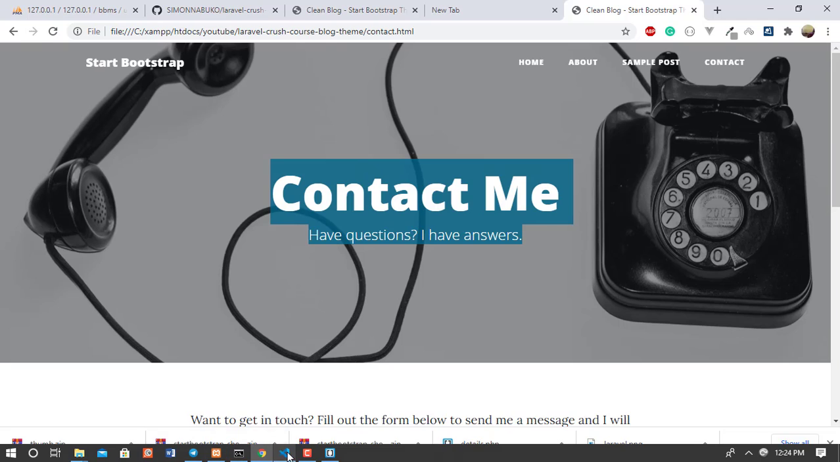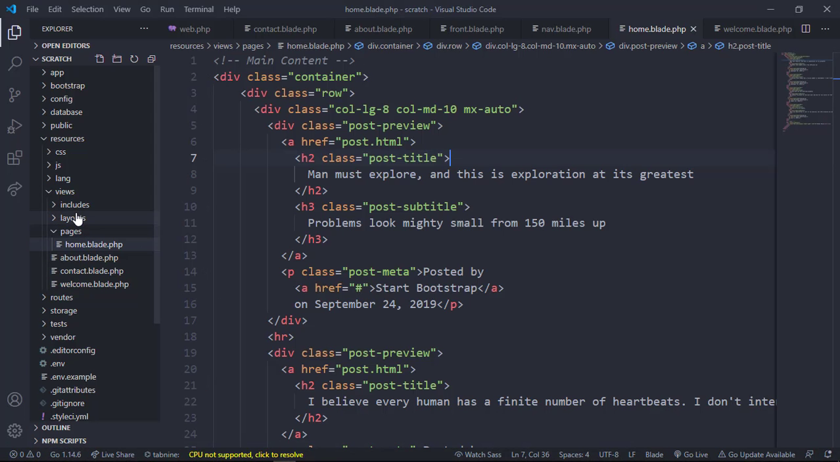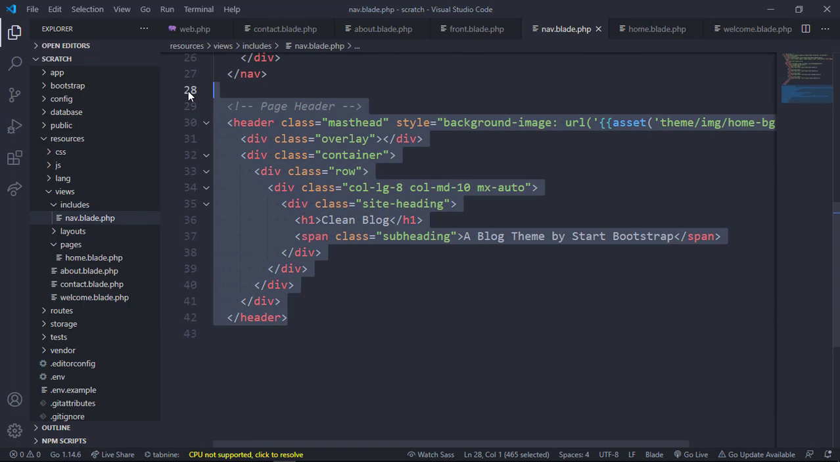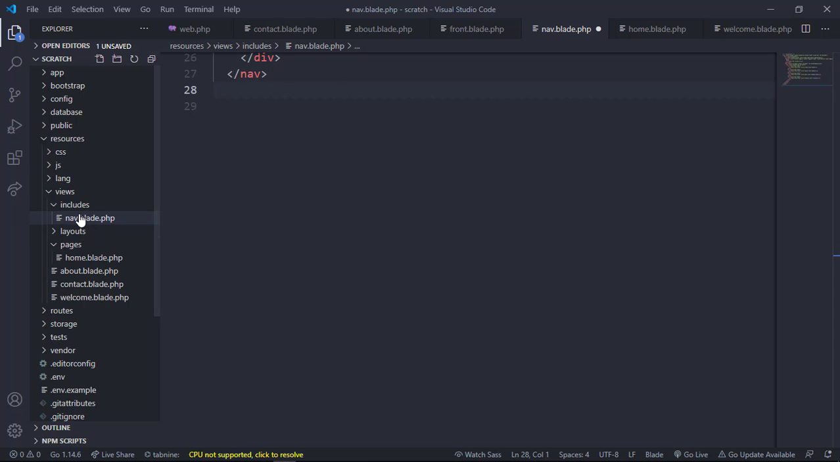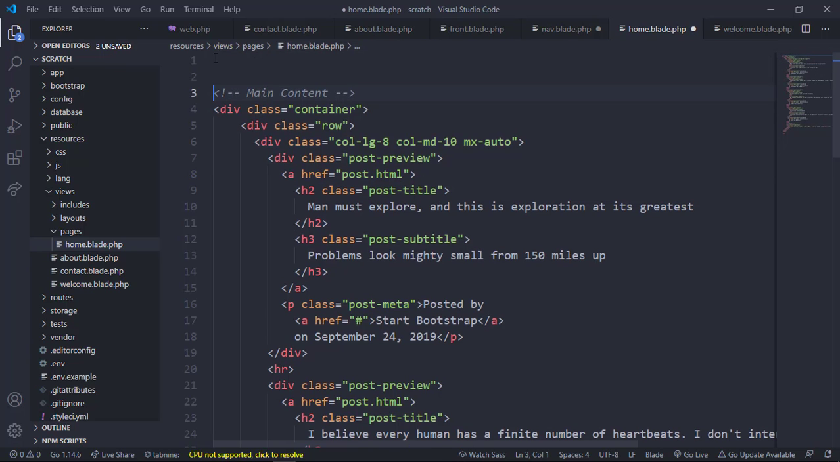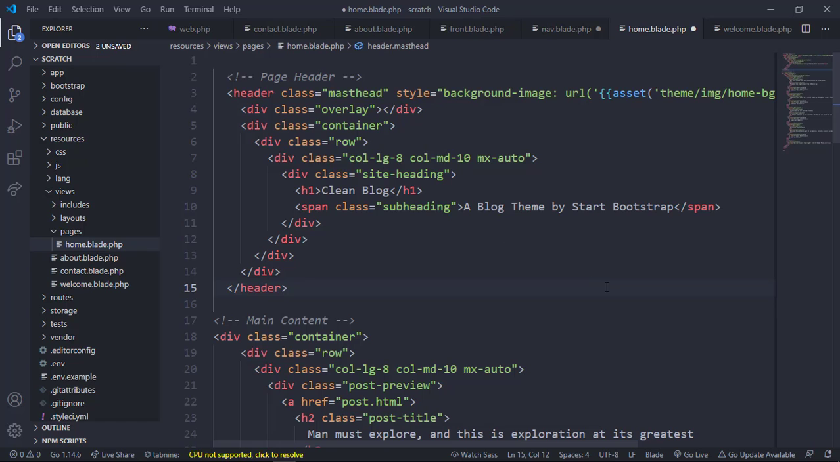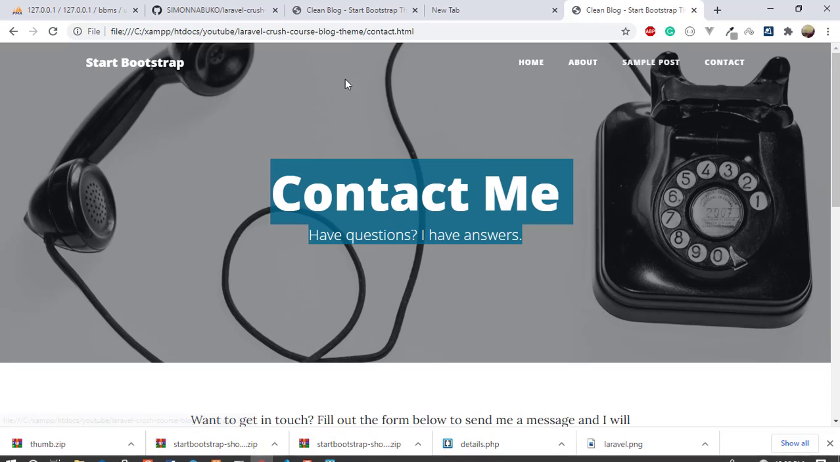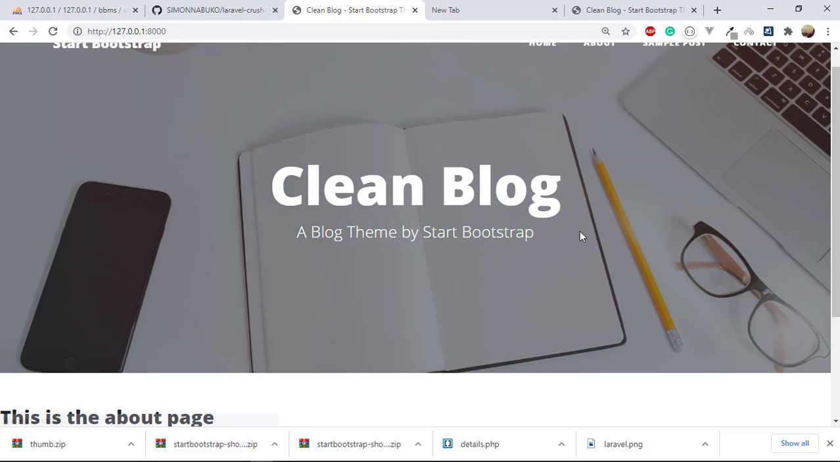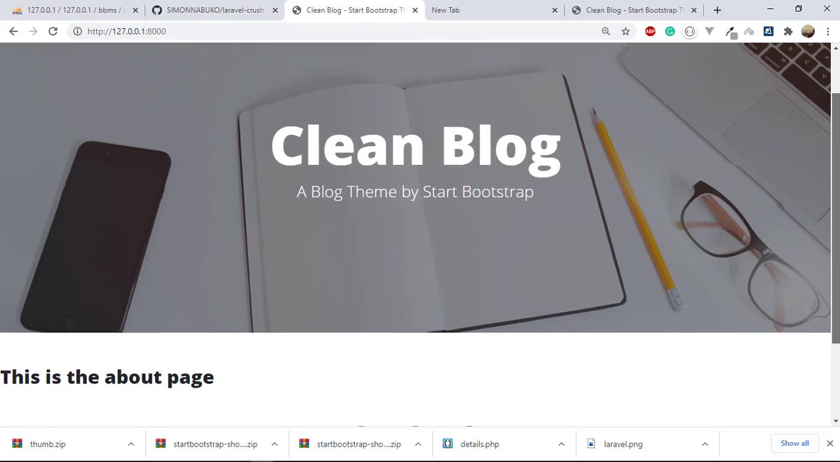So meaning that you have to go to includes, then nav, and remove this header. Just cut that with Control X, and each page has its own. So this one belongs to the home page. We go up here, then we paste that. Let's save and go back and see how it looks. Great, so we've just integrated